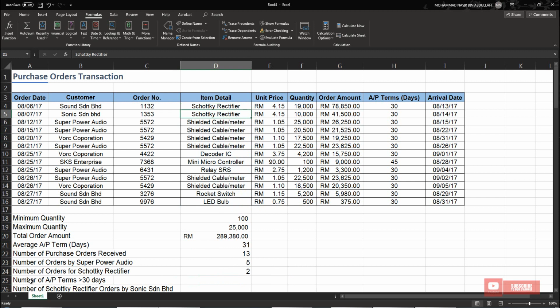So now let's say we want to find the number of AP terms more than 30 days. So we have the number of AP terms, right? So let's say we want to find more than 30 days. If you count manually, we have found one order that has AP term more than 30 days. So if you have a lot of data, it's very tiring and takes a lot of time to